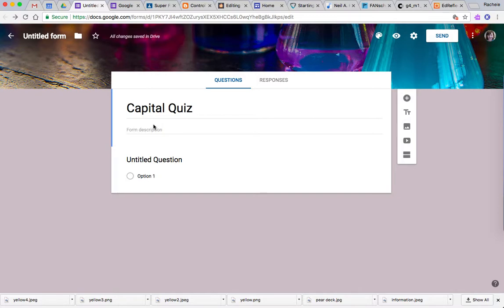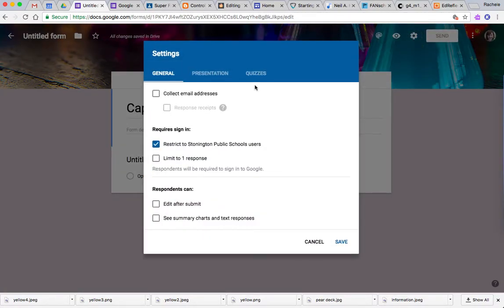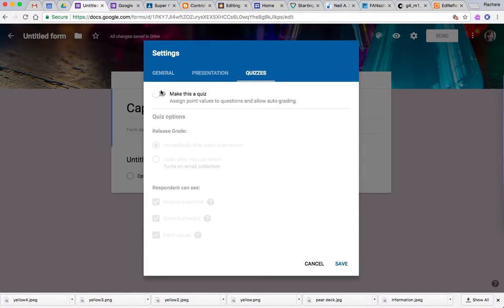But the beautiful thing that changes it from a form to a quiz is up here under the gear. If you go under the settings, and under settings now there's this one called quizzes. And if you choose quizzes and make it a quiz, you can see your choices that are here. So right now, the default is that the grades are automatically released after the submission,